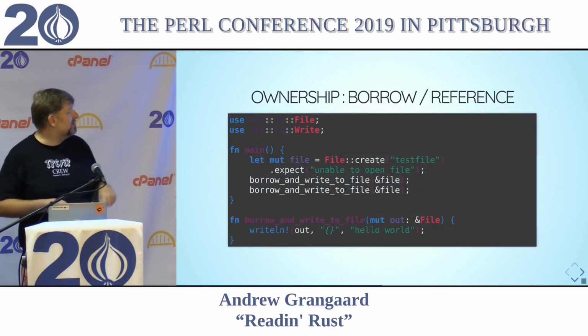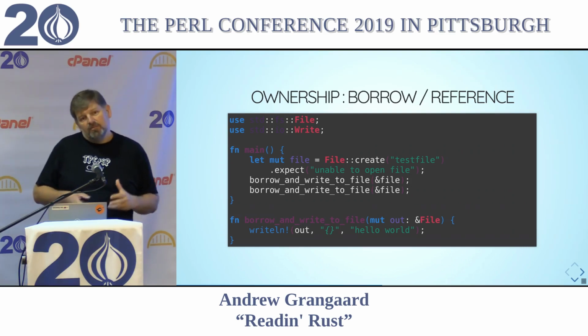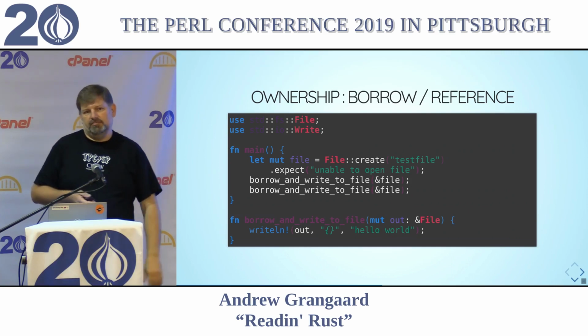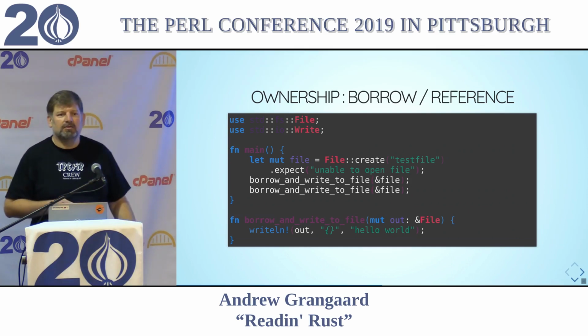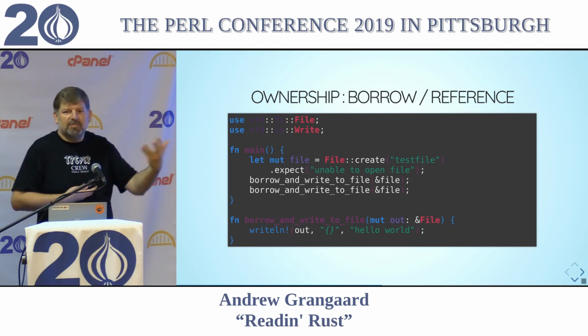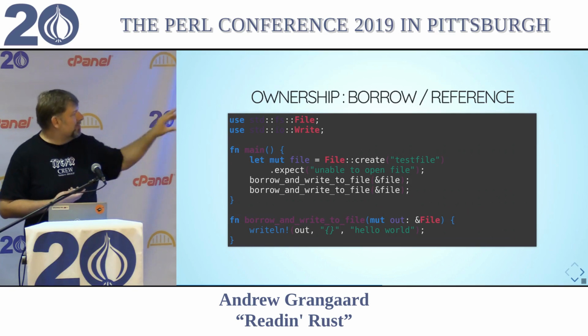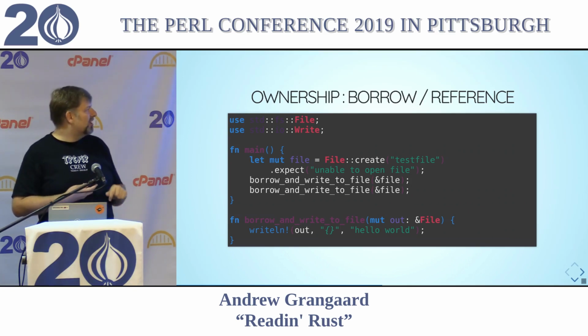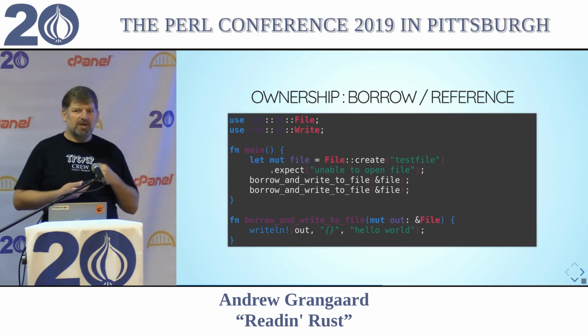So the something else is, instead of moving the data over there, you say, here, I'm going to loan this to you. So here you can borrow my book. I can't read the book until you give it back to me. But it's implicitly given back to me or destroyed. That borrow is destroyed at the end of the function borrow_and_write_to_file, at which point my copy of file existed.